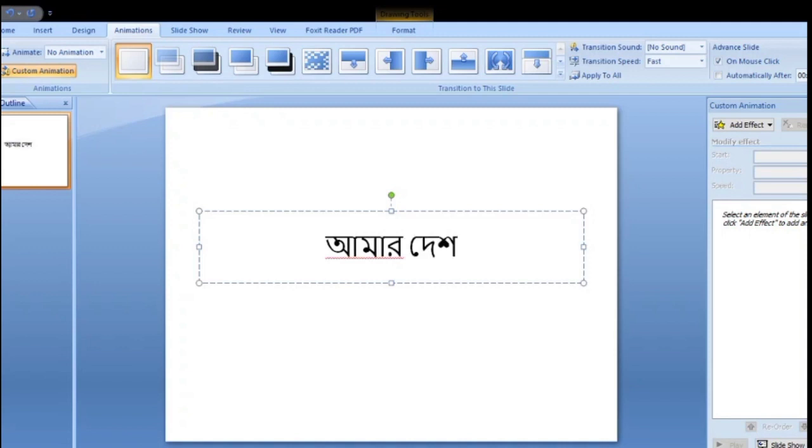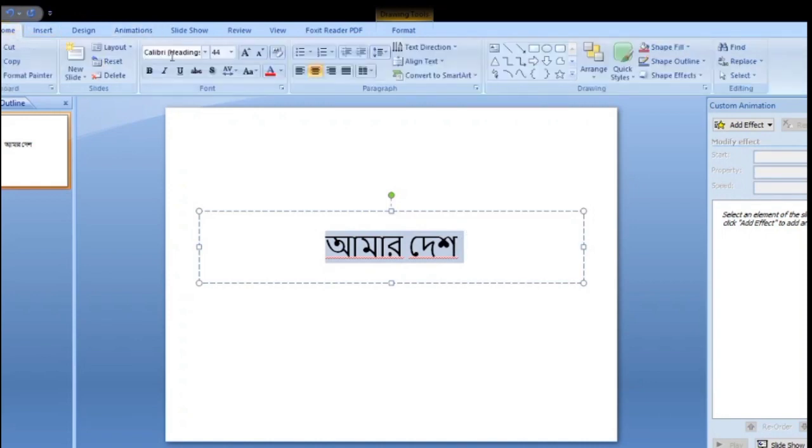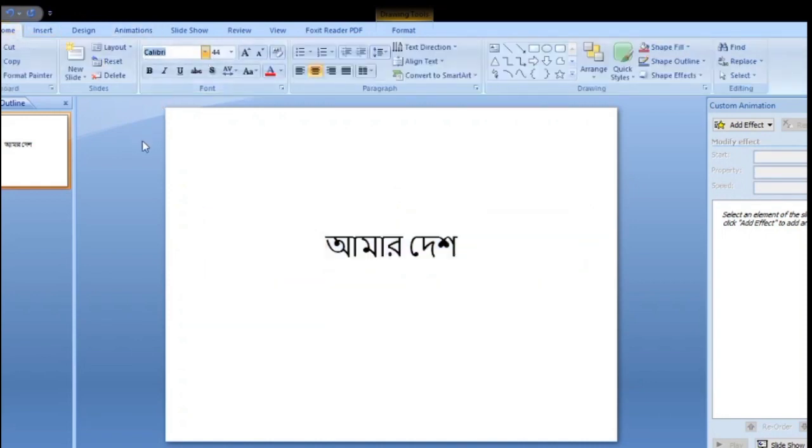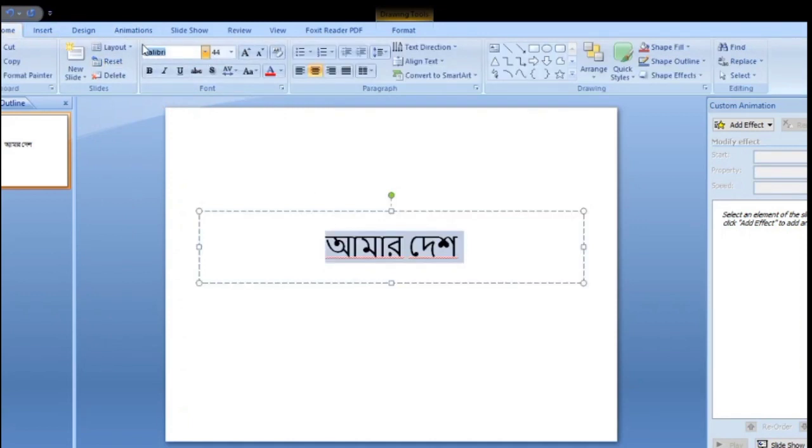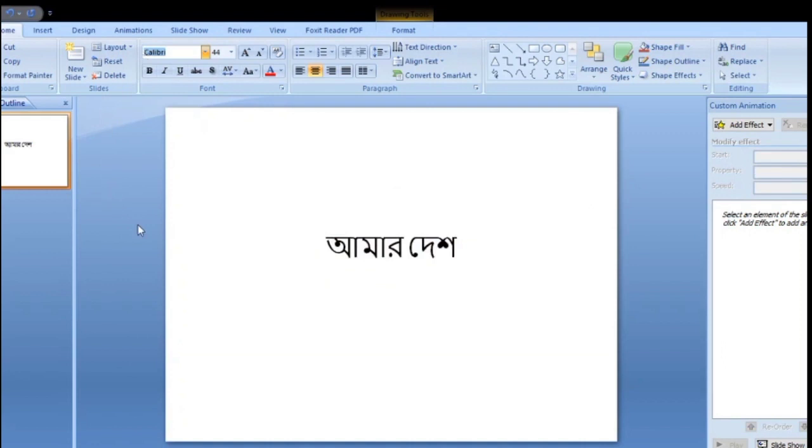Then select the text font from the home menu, the Shutoni MJ. Choose from the lots of fonts available here, and I shall always select Shutoni MJ.